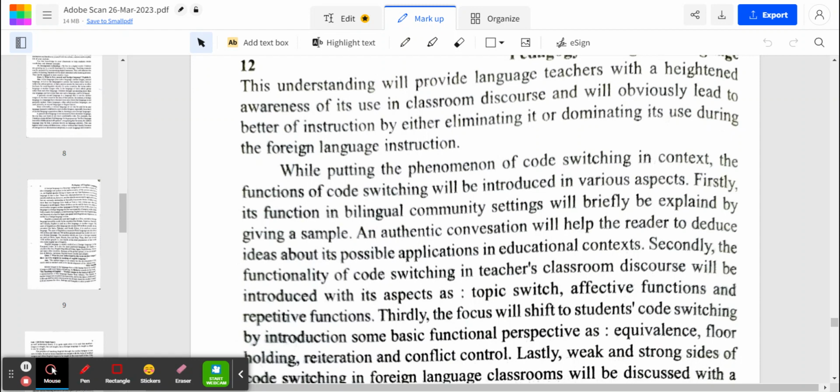Secondly, the functionality of code switching in teachers' classroom discourse will be introduced through the aspects of topic switching, affective function, and repetitive function. Thirdly, the focus will be shifted to children's code switching by introducing some basic functional perspectives, evidence of floor holding, retirement, and conflict control. Lastly, the weak and strong sides of code switching in the foreign language class will be discussed